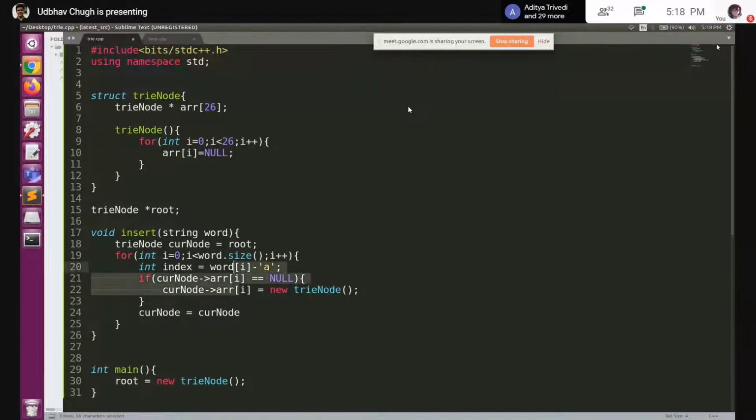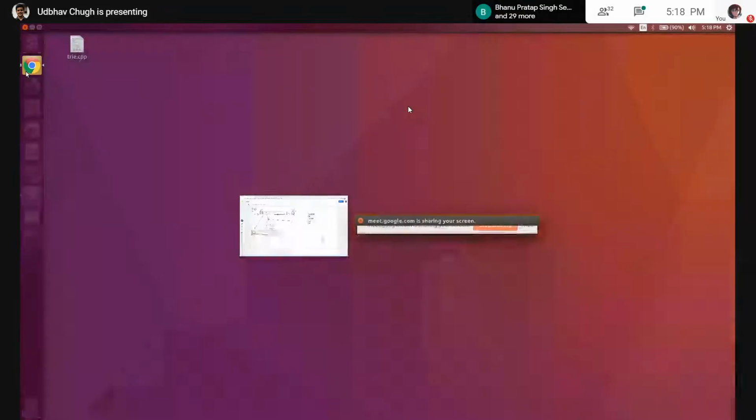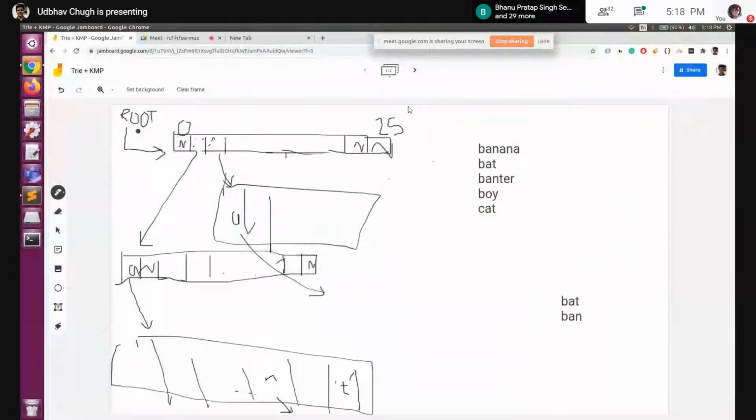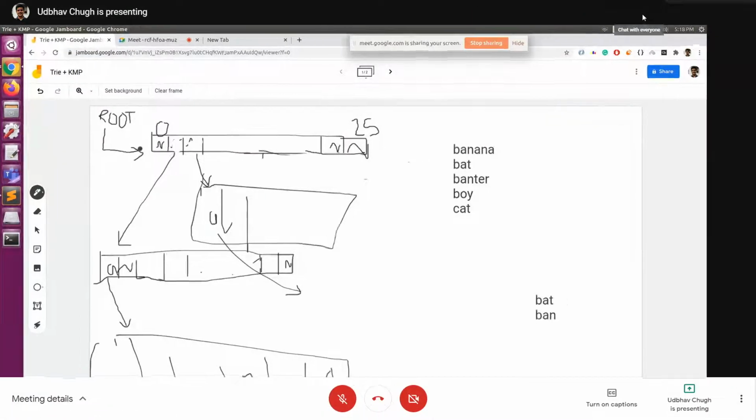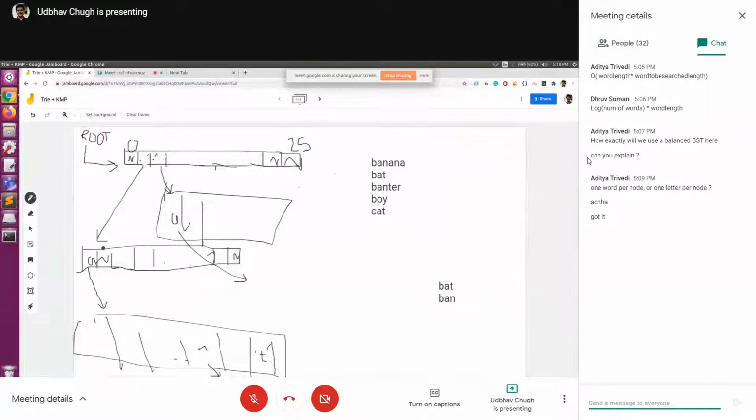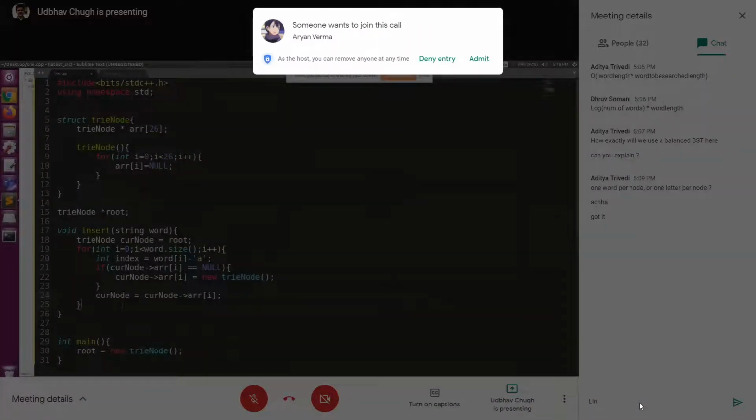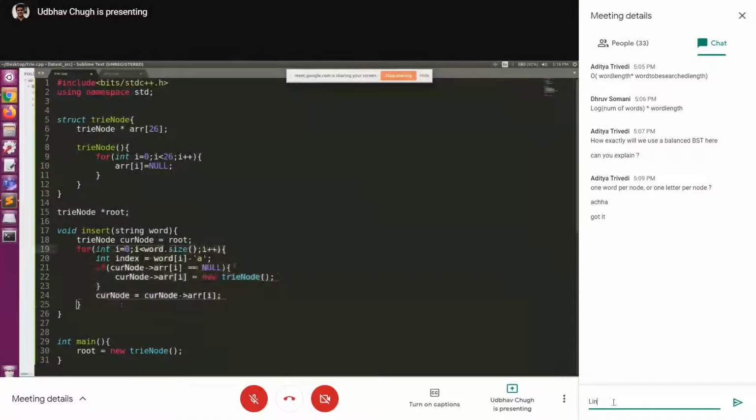In case it is already initialized, we don't need to initialize. We simply move curNode to its next value. Initially we were here. Now we initialize B, or if it's already initialized, we don't initialize. But now we have to update our pointer to here, so that we can continue the same process. This is how the insertion works.